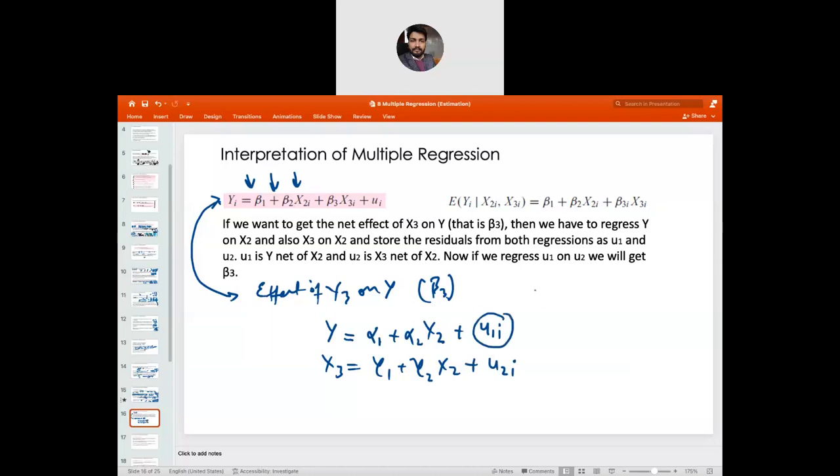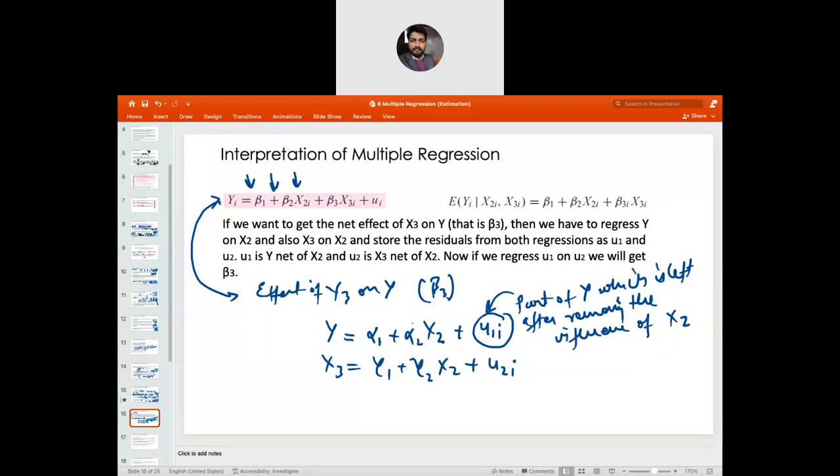This is part of y which is left after removing the influence of x2. Part of y which is left after removing the influence of x2, because x2's influence has been captured